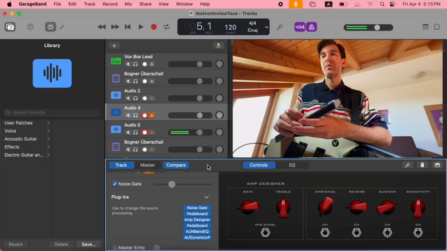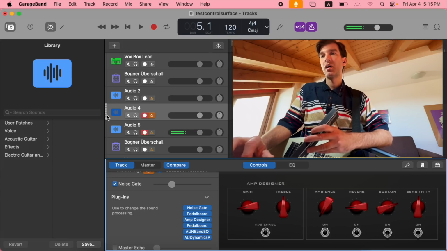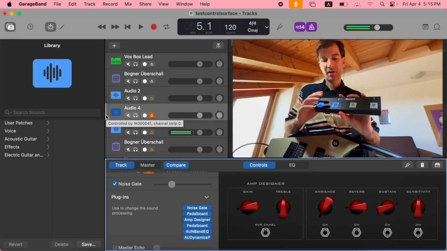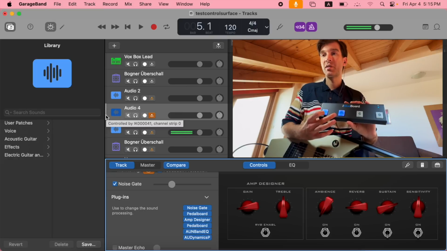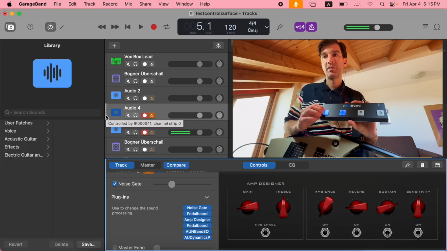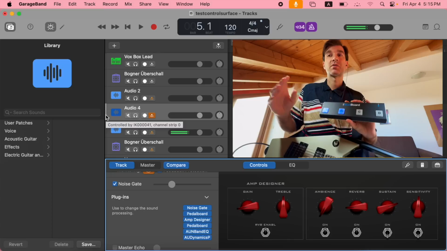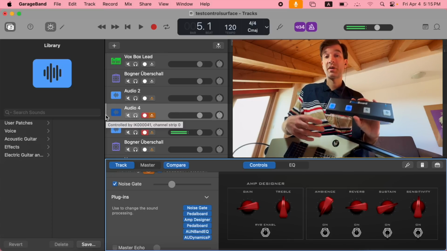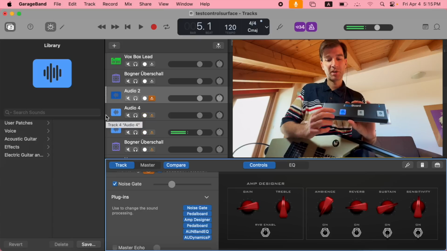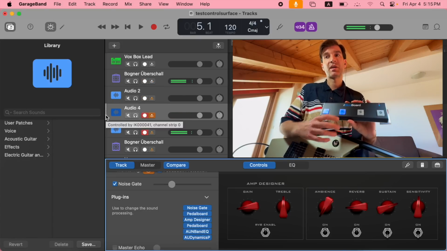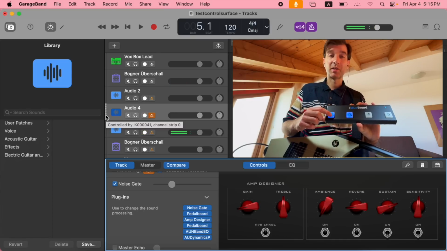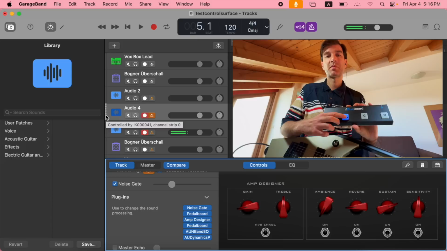If you're a GarageBand user, you might notice that we have this little highlighted section here now, right? And it says controlled by the name of this thing. And I set the first two buttons up in such a way that they are moving upwards and downwards across my tracks, which I think is pretty cool because you could have different presets of any kind on different tracks, and you would be able to select them like that. And it makes sense because there is a little upwards pointing arrow here and a downwards pointing arrow down here,